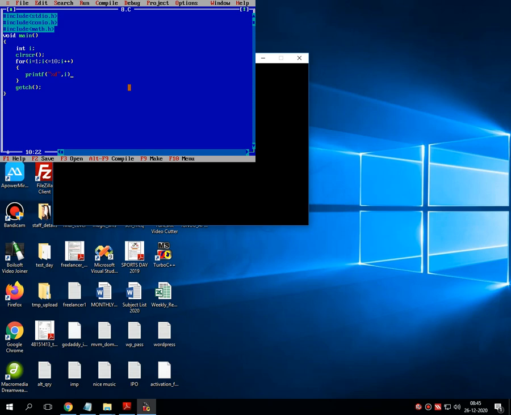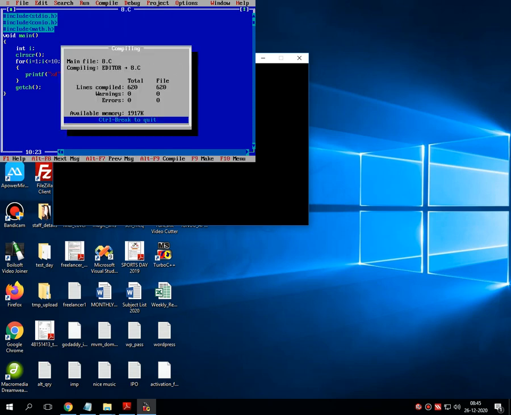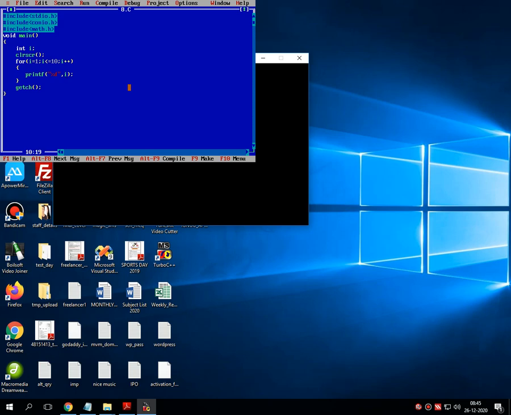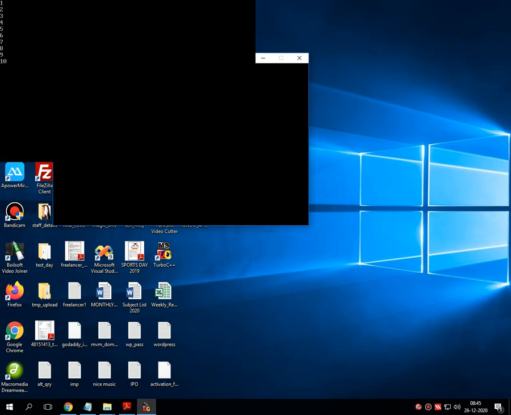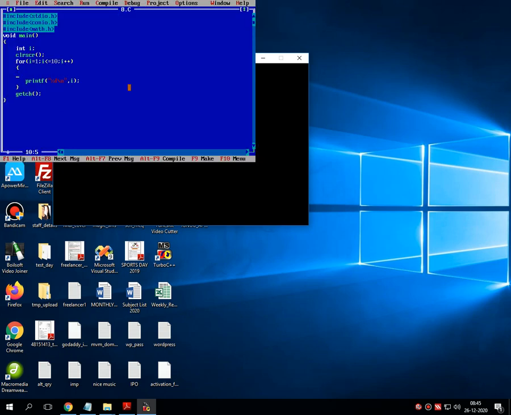We know the output of this particular program. The output of this program is 1 to 10 numbers in every new line, right? Now what I am doing is I am just adding a delay function in this program with one interval of time.